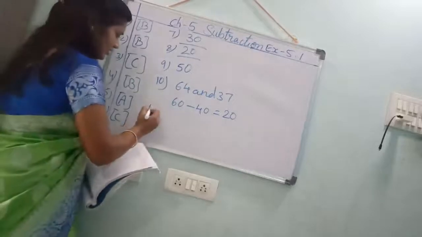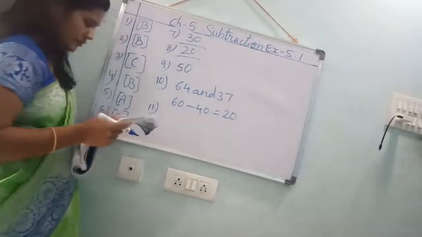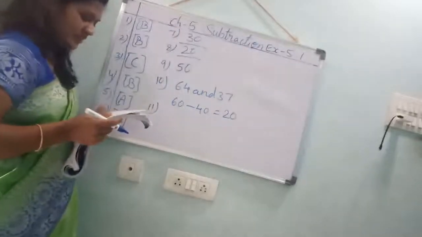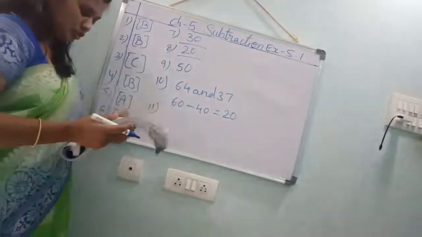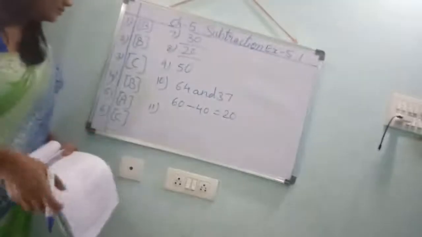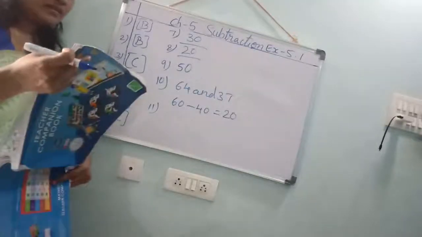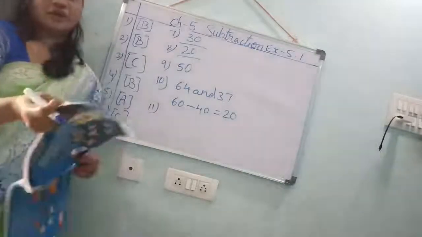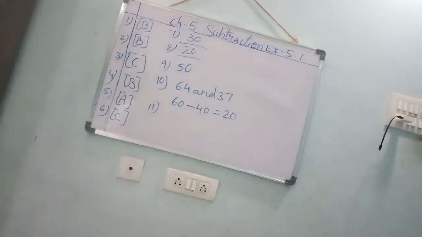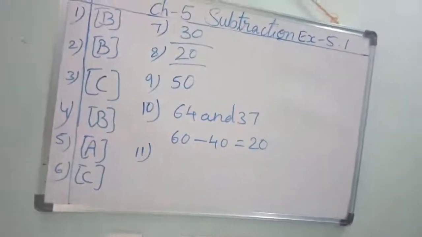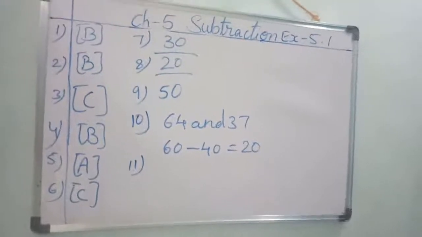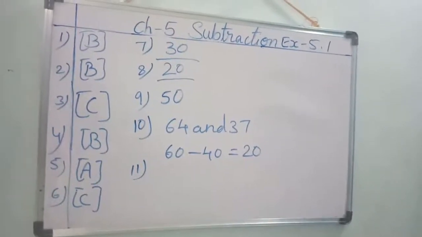Now, 11th one. Estimate the difference between 30. You should do 11th one and 12th one. Okay? Tomorrow I'll check. 11th and 12th you should do, ma. Copy in the workbook. 11th and 12th you do. I will tell you tomorrow how that is correct or wrong.